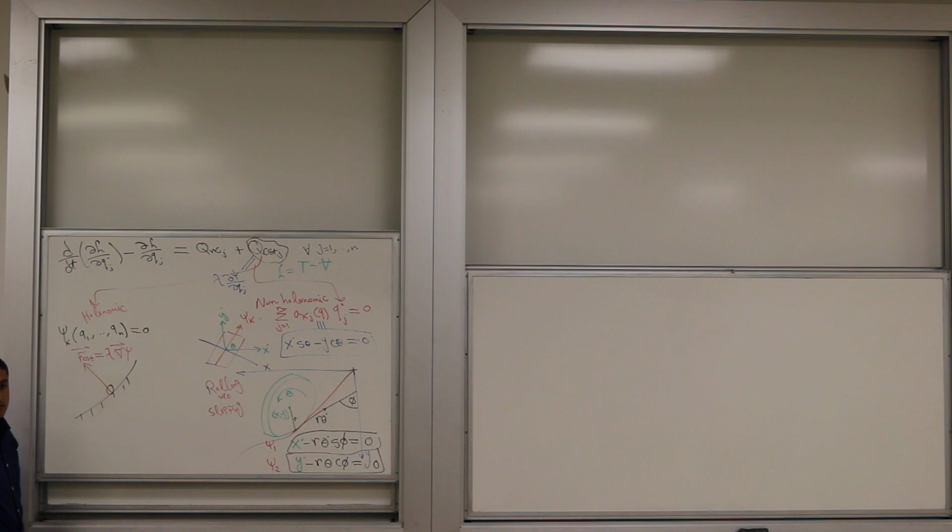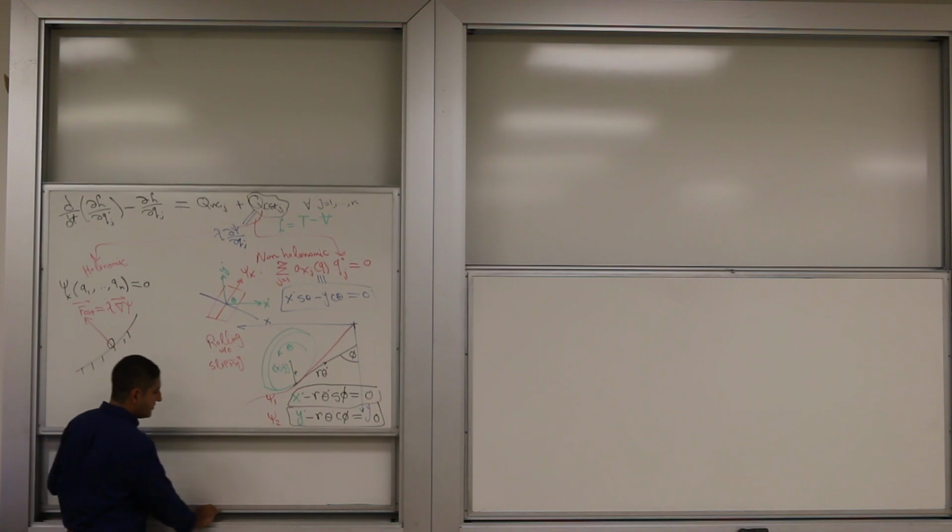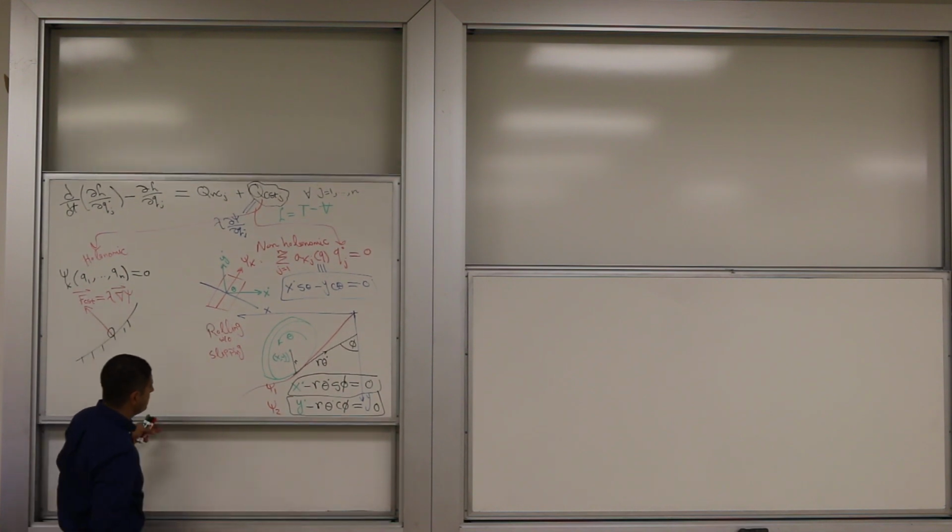Any question about the holonomic or non-holonomic constraints? The meaning of them? Any question, please? If you have a question, do not feel shy. This is the rule here. Okay, so